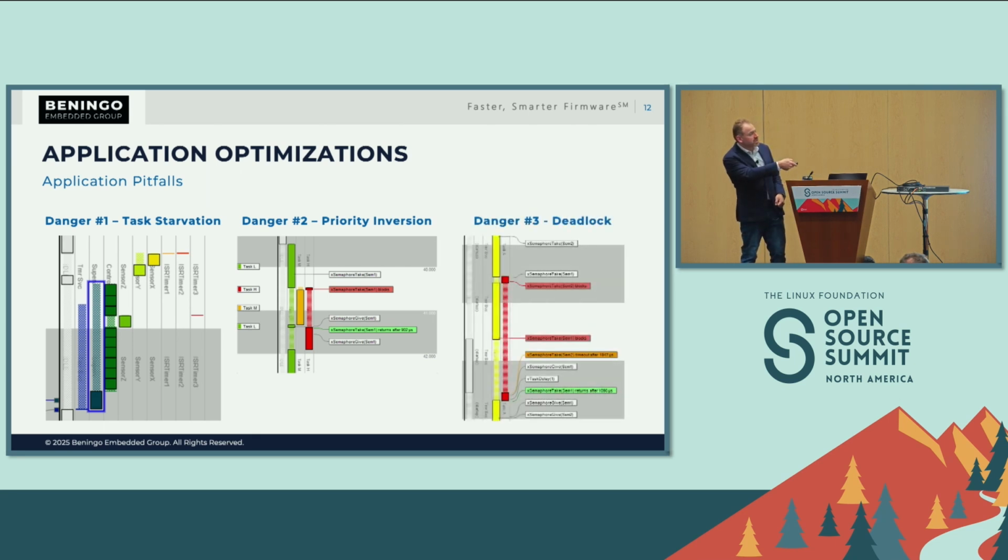Another issue, of course, is that you can end up with deadlocks. This is going to be where maybe you have an incorrect order of grabbing mutexes, or you have multiple resources that multiple threads are trying to get access to simultaneously. And if you don't architect your system properly, you can end up with these deadlocks occurring, which will then again affect the speed and the real-time performance of your system. There's certainly other ones like jitter, stack overflows. There's plenty of other faults or potential pitfalls. But these are some of the key ones that we want to make sure that we take a look at